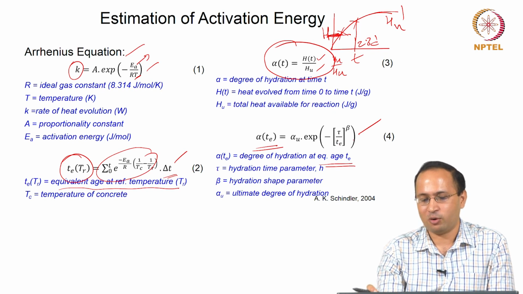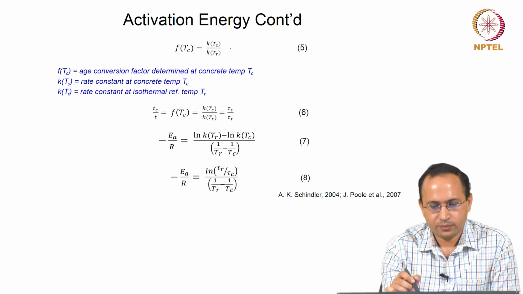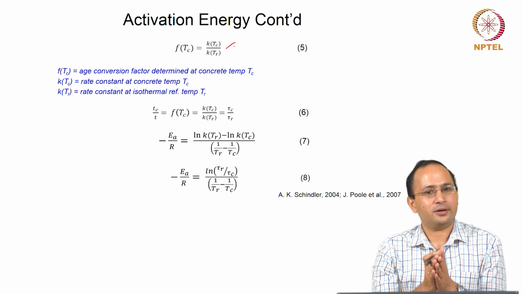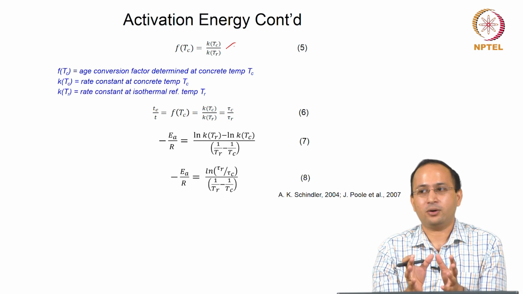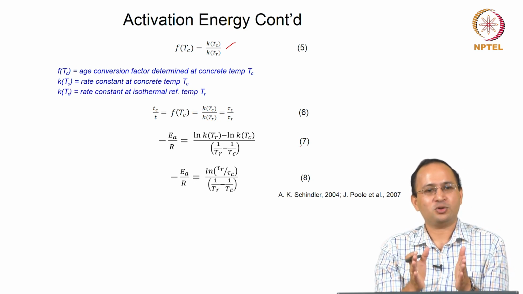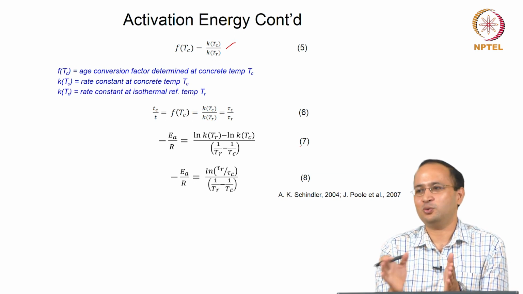It is again the concept of equivalent age. Okay, so what we are interested in is the sensitivity to temperature. These are some calculations, but we are trying to relate. Suppose you have done experiments at one temperature, how can you translate that to a different temperature,